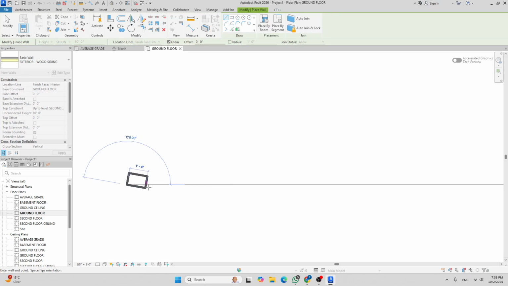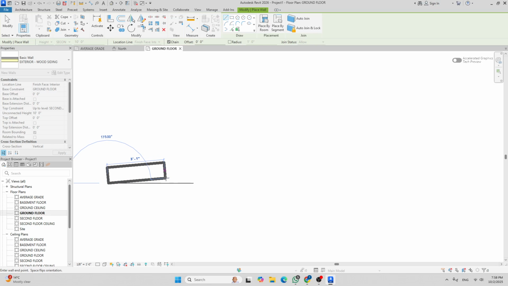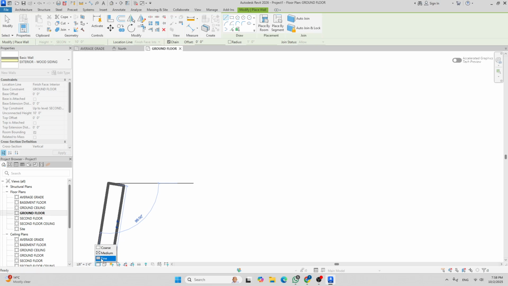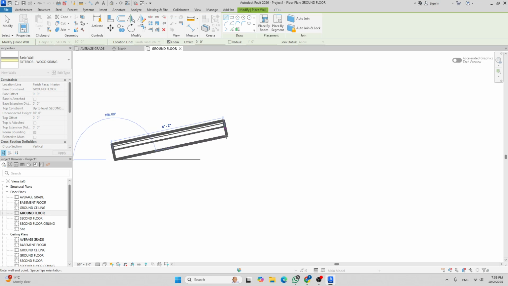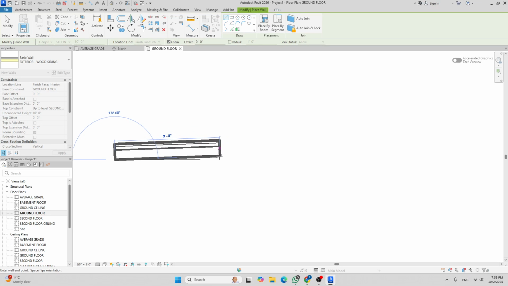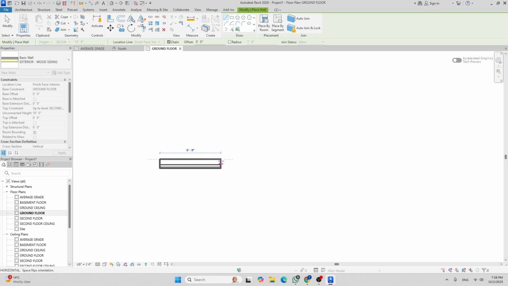One thing about wall is that you can't see the layers that make up this wall. I want to see that layer, so I want to click right here, detail levels, with this rectangular shape. I'm going to click it, and I'm going to click fine, and then I'm going to click draw again. So now you can see the layers of the wall. So now I want to hit spacebar to flip the side of the wall. I'm going to hit spacebar so it faces outside like this, and I'm going to click one point and draw